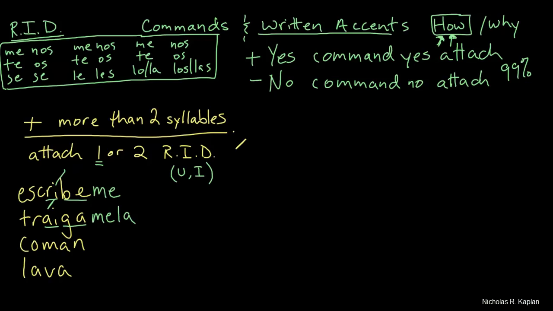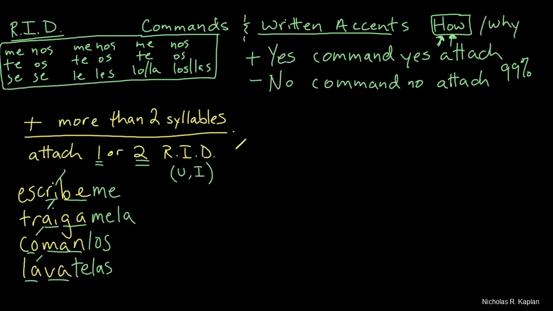As in apple. Coman, eat. And maybe you're telling a group of people, eat the worms. Eat them. I added one thing, so I know I'm going to need a written accent, so I'm going to count back 1 syllable, 2, written accent. Or maybe we have lava, wash your hands: lávate las. So we added 2 things, count back 2 syllables,